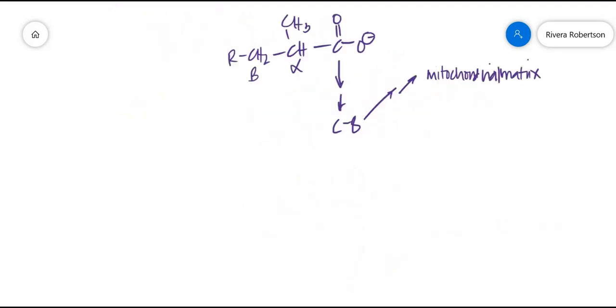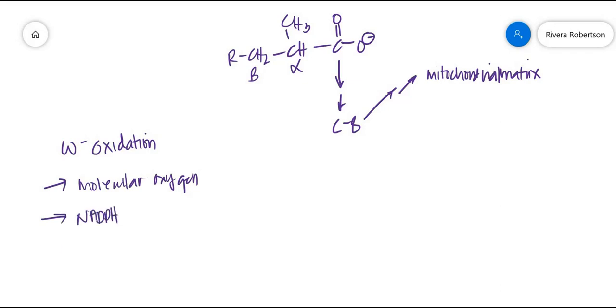Another pathway for the metabolism of fatty acids is gamma oxidation. Kanina, yung binanggit natin, that's our beta oxidation, tapos alpha oxidation. Now, in the peroxisomes, meron din tayo nung gamma oxidation. Now, gamma oxidation utilizes molecular oxygen, NADPH, as well as the CYP450 enzymes. Now, yung gamma, by the name itself, no? So, kung meron kang ganitong structure,